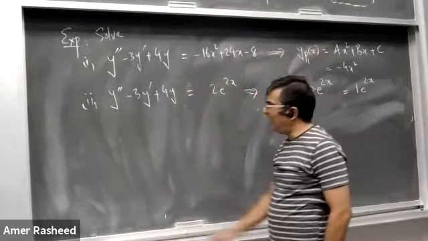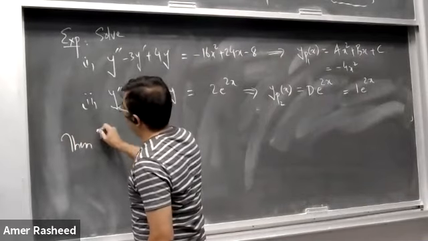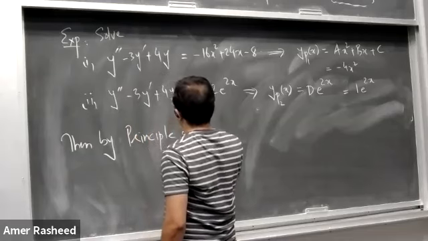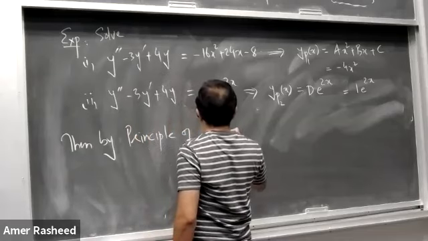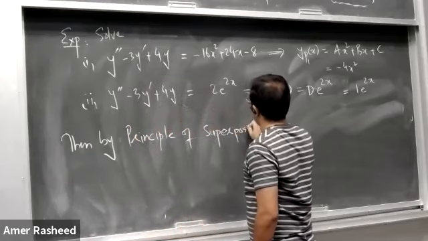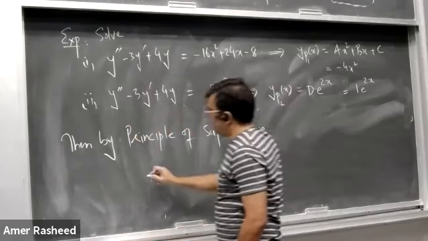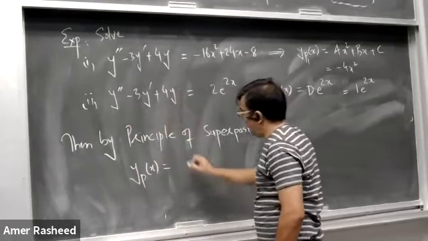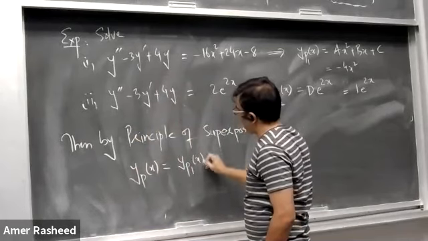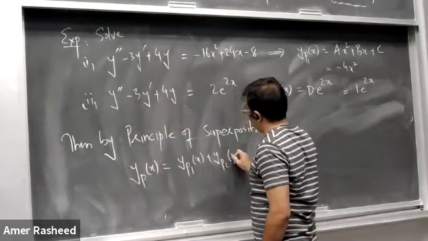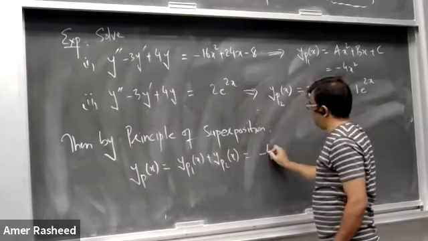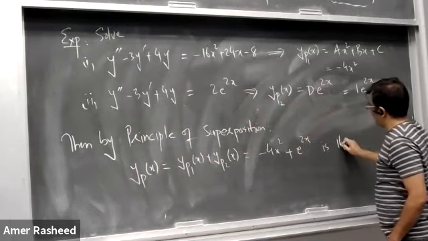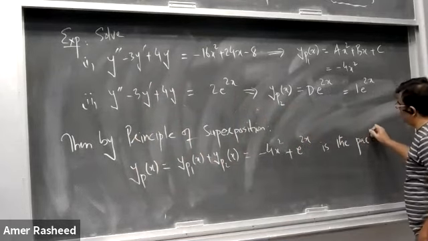These are two particular solutions of two different differential equations, but the left hand side of these two differential equations is the same. Then by the principle of superposition, the general or the particular solution yp of x is what? yp1 of x plus yp2 of x, which is negative 4x squared plus e raised power 2x, is the particular solution